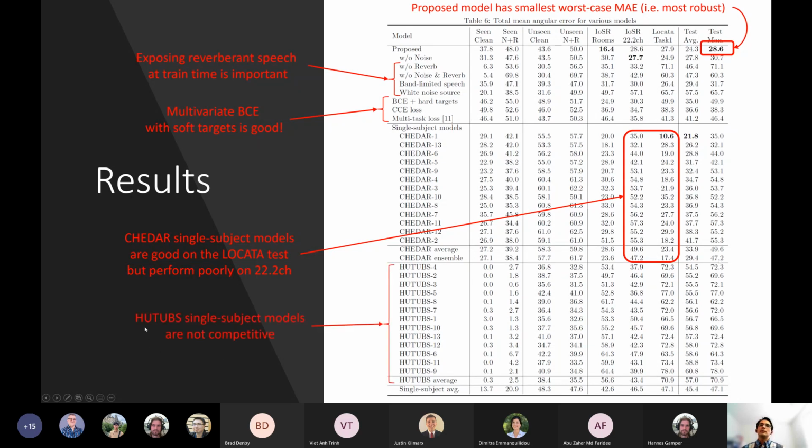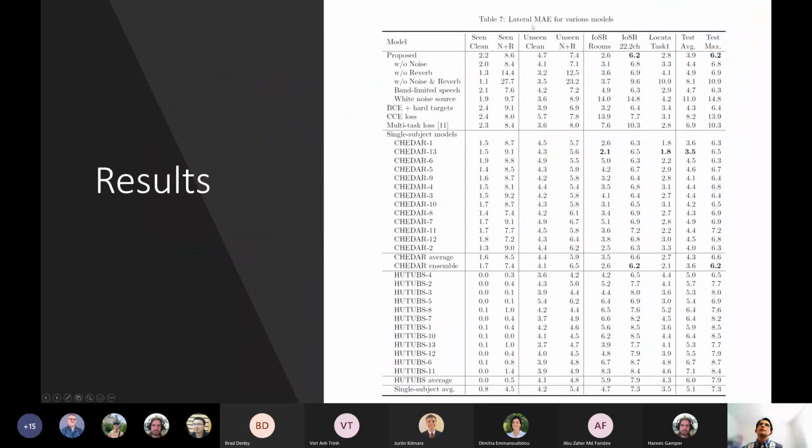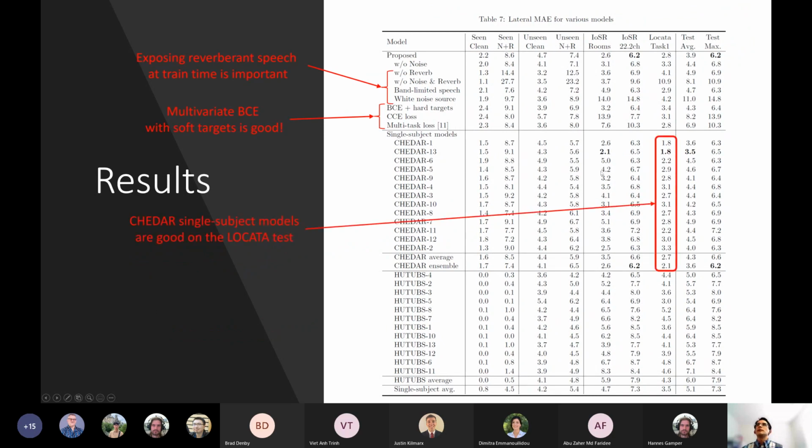And if we look at the other data set, the HATOPS data set, the single subject models using subjects from that data set had a much worse performance. Now if we look at the lateral mean angular error, basically we have the same trend. Again, the Cheddar single subject models are pretty good on this specific task. But again, if we look at the maximum, the worst case mean angular error, our model was found to be